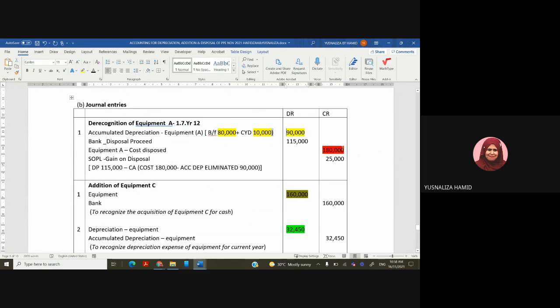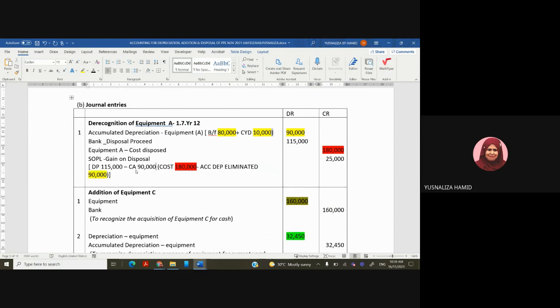So if you look here, this red figure here and the yellow one here, 180 minus 90 is 90,000, right? So that one is actually the carrying amount. So 180 minus 90. Okay, that will give you the carrying amount. The carrying amount is 90,000. 180 minus 90 is 90,000. So the carrying amount 90,000, right? If you compare with the disposal proceed 115,